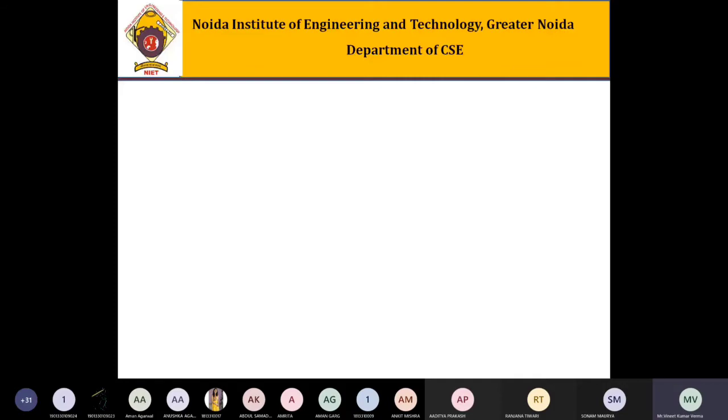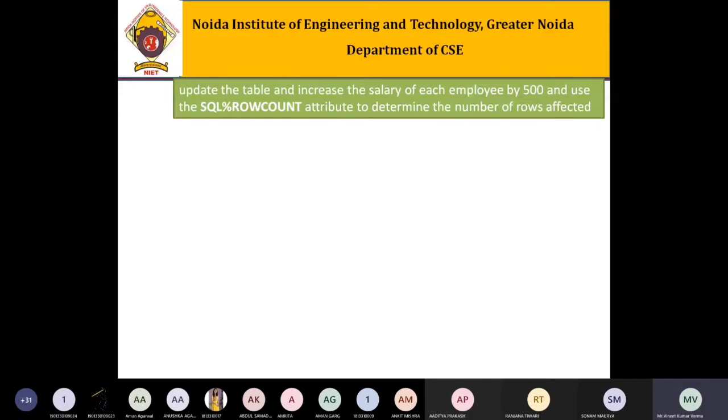So here we have a PL/SQL program that will update the table and increase the salary of each employee by 500, or 1000, whatever you want, and use SQL%ROWCOUNT.